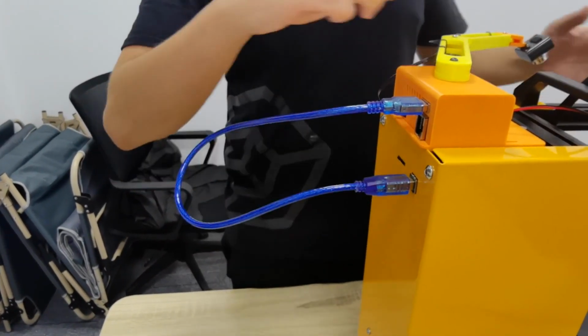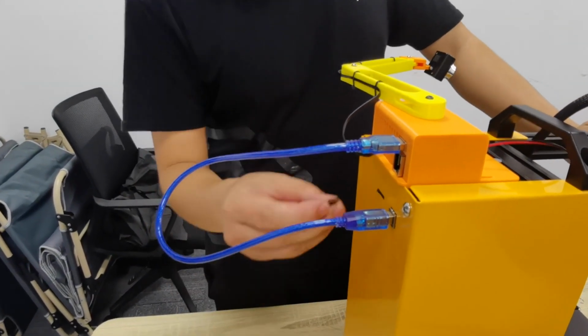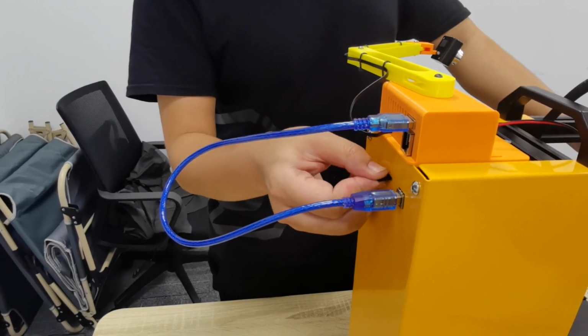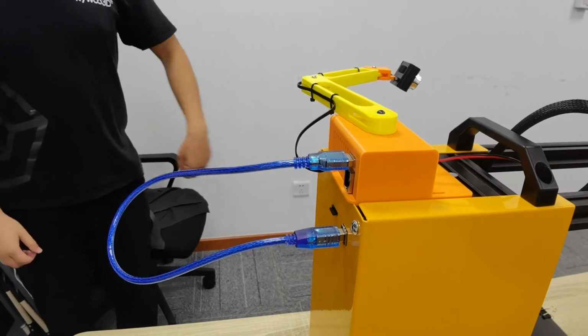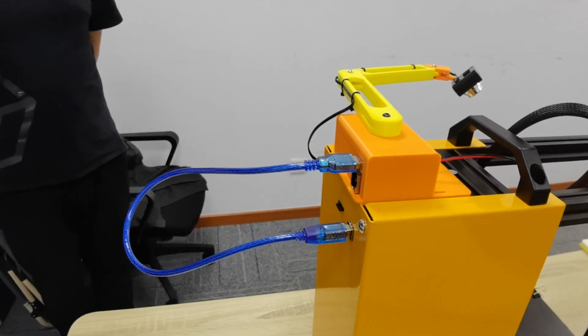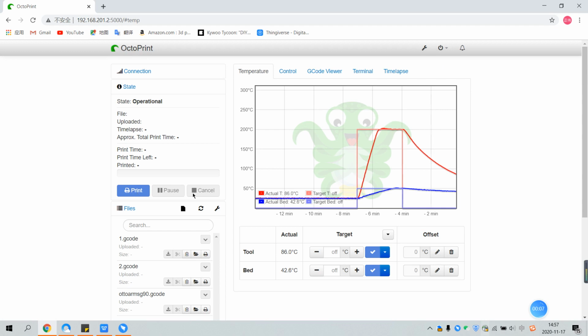Okay guys, today we will show you how to use the Octoprint, and you can see that we have already